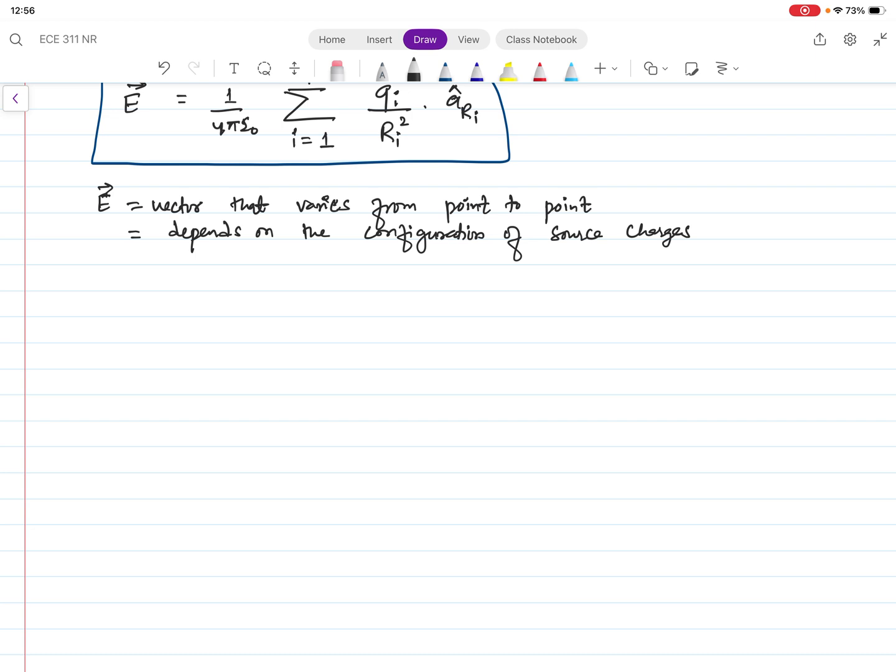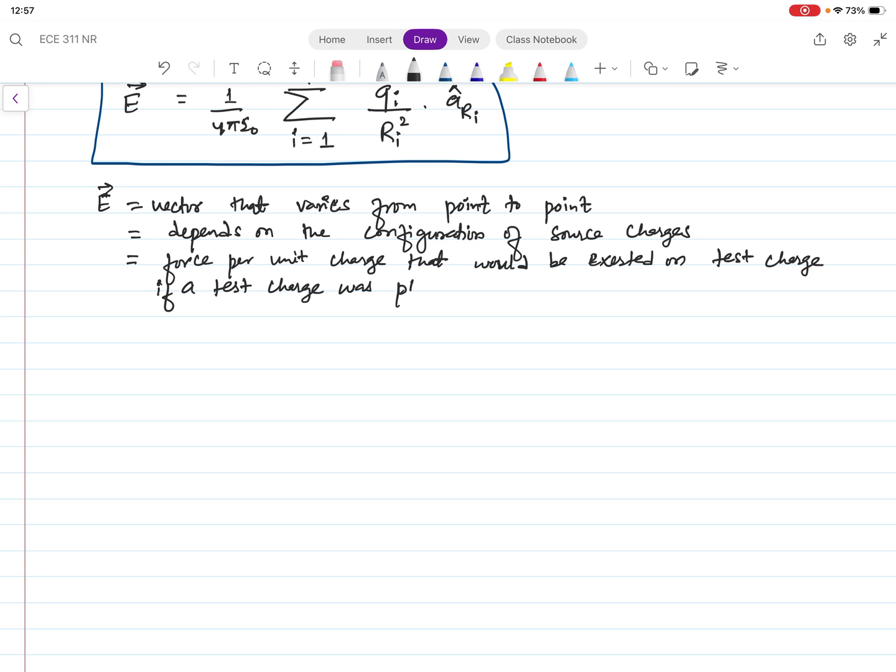And as we defined earlier, E is force per unit charge that would be exerted on a test charge if a test charge was placed at P. So what I mean by this is, let us take a simple configuration,